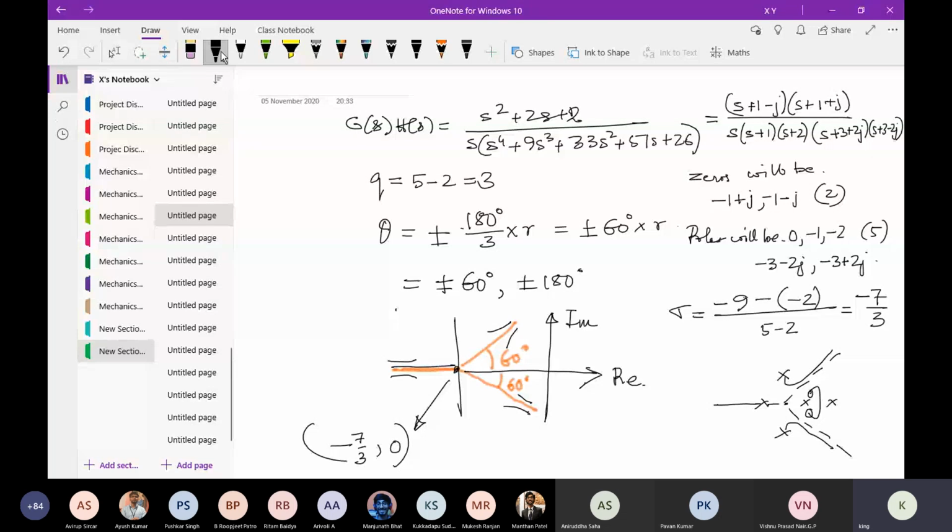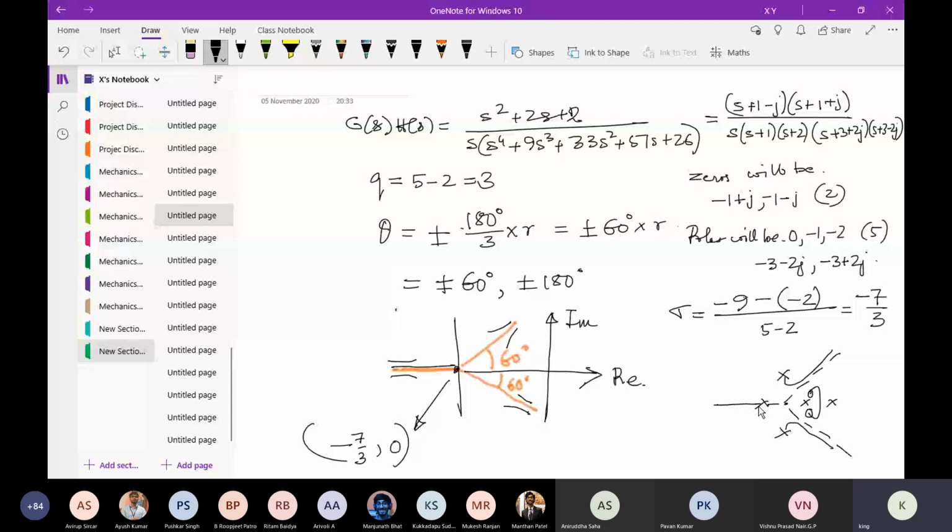So in my next class, I will take another class in between next week, since we missed a class before the pujas. In my next class, what I will explain is a few other rules. These are pretty simple ones. Oh yes, we also have figured out where the root locus begins and ends. The location of the poles and zeros tell us where it begins and ends. We have the cage. We also know about the real axis.